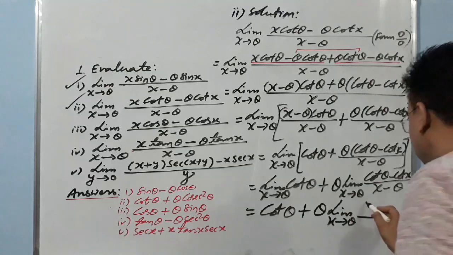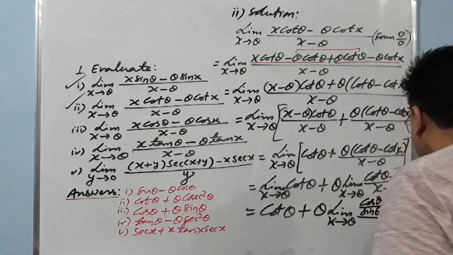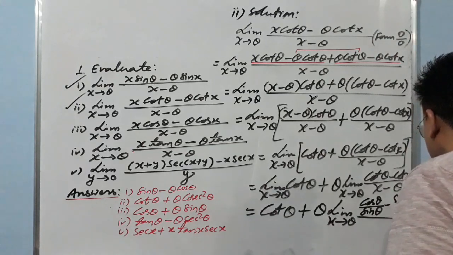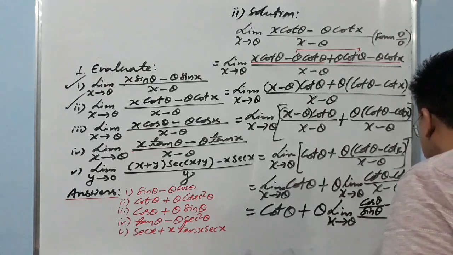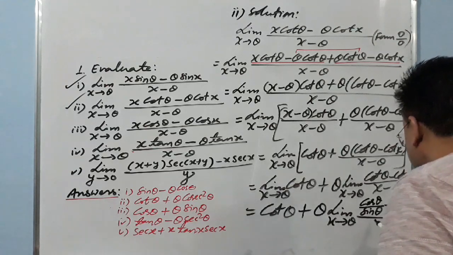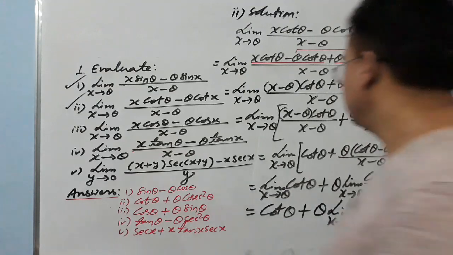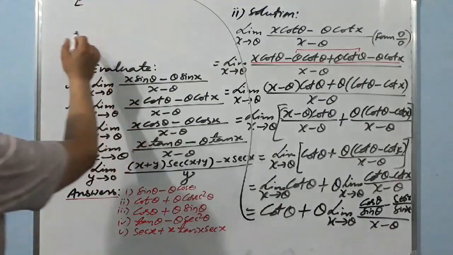Cot theta we can write as cos theta upon sin theta, minus cos x over sin x, and over x minus theta. Here, cos theta upon sin theta minus cos x upon sin x, whole over x minus theta. Okay, so after this I'm going here,